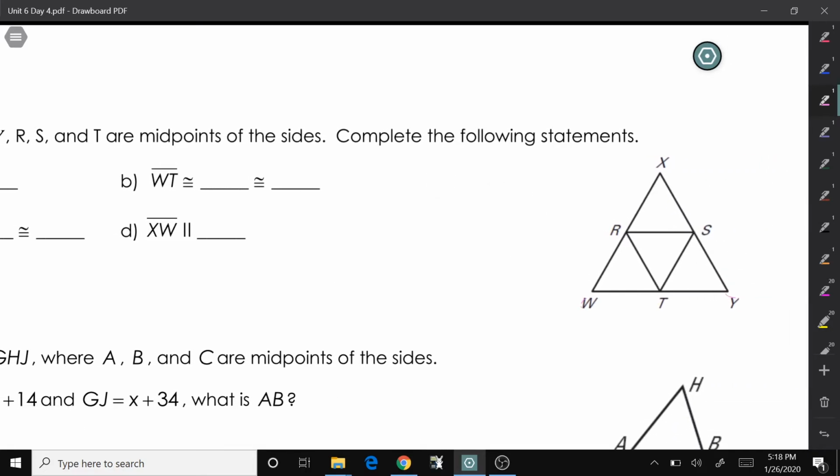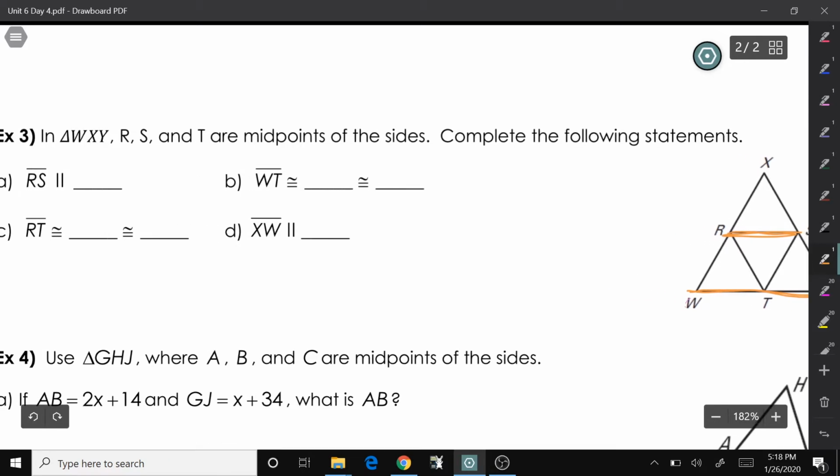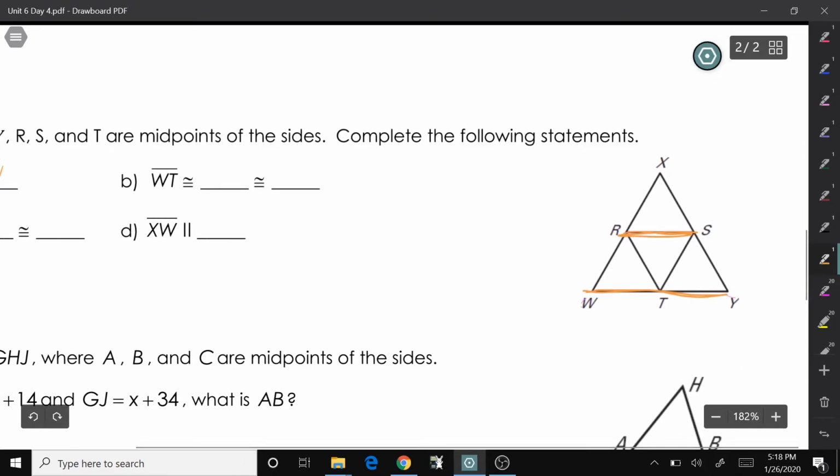RS goes this way, and that's going to be parallel to this side down here, WY. So segment WY. Now, segment WT is going to be congruent to 2 other segments. So let's take a look. WT is right here, and it's going to be congruent to TY because T is the midpoint of this segment here, but also